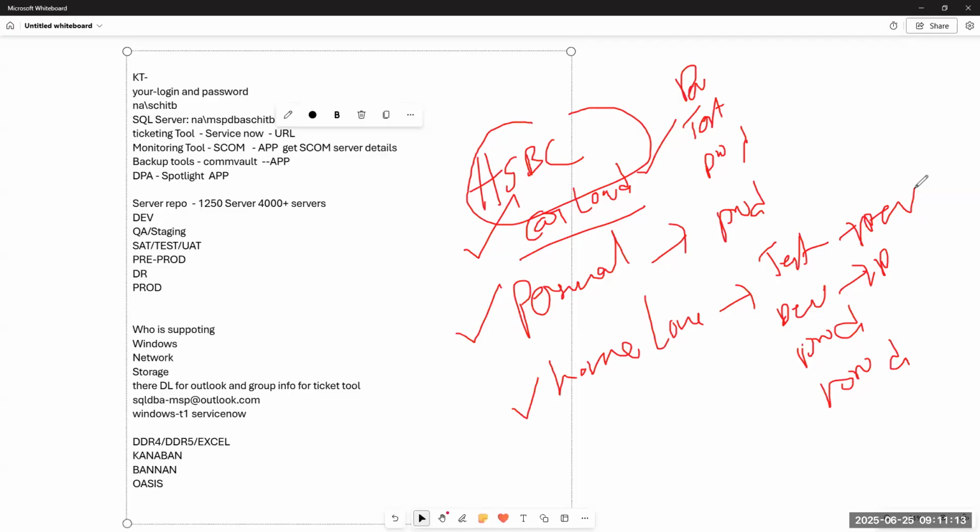Half below, one third, I will distribute. I'm having only three platforms, right? Dev, test, prod. Three platforms are there, right? So I can distribute the data, but technically speaking, you need to involve the DR as well. DR servers also you need to include. Now you can answer in a different way.